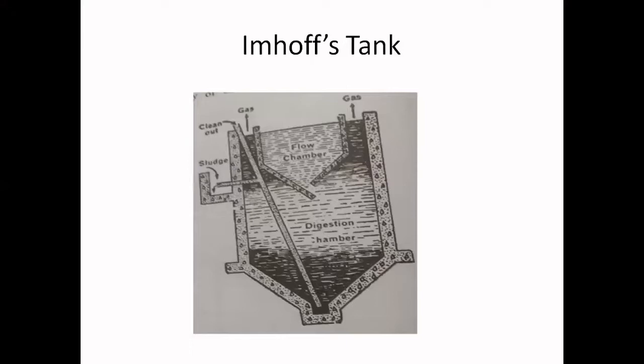The biodegradation of organic compounds in the sewage takes place in the septic tank and Imhoff tank mainly by anaerobic sewage treatment. The treatment in the upper chamber is purely physical, whereas in the lower chamber it is a combination of physical and biological treatment. The sewage is allowed to sediment for a few hours. The supernatant is piped out and the sludge falls down into the digestion chamber through the bottom opening.